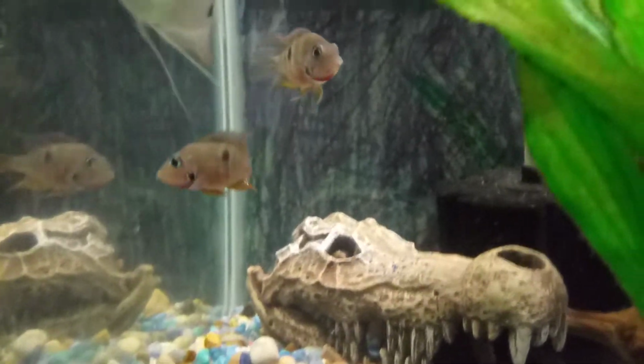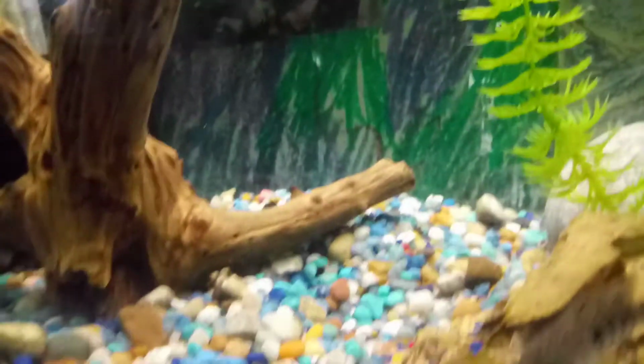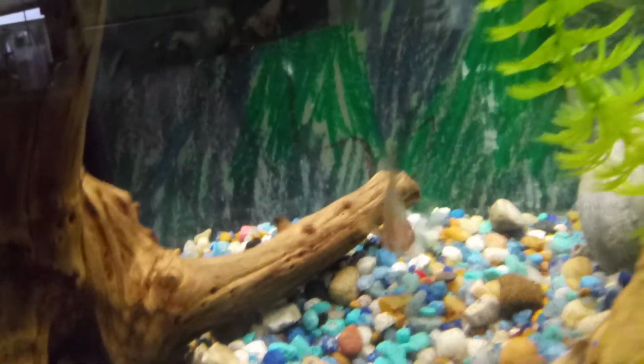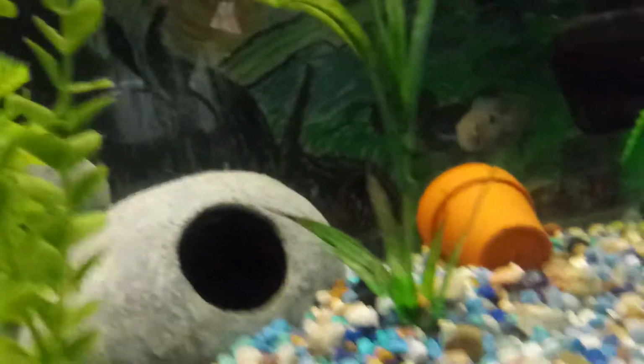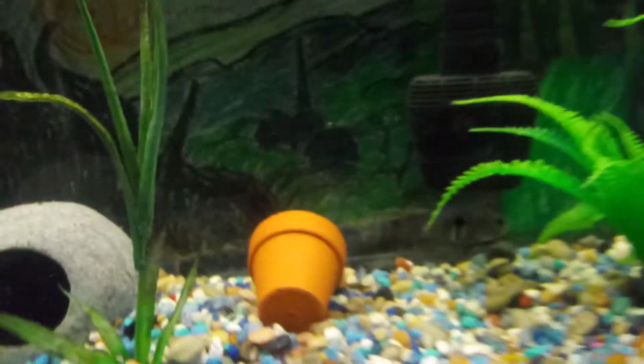Really cool though. I mean, I got two of them. I tried to make sure they were both males. I don't want any breeding myself. I honestly would rather not breed, because look, you get to enjoy the colors, you get to enjoy the fish. Yeah, but those are my newbies, along with